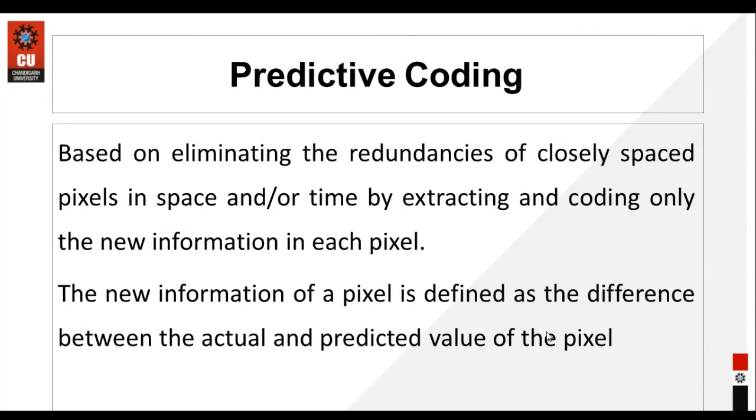Suppose I have two pixel values, 120 and 125. Rather than giving code words to these large decimal values, which would require a larger number of bits, minimum 10 to 12 bits, we take the difference between the pixel values, and that difference is given a code word. That difference is suppose 5. I would require hardly 2 to 3 bits for representing that information. That part is very important. What is done in predictive coding? The new information, that is the difference between the actual value and the predicted value, is being encoded.